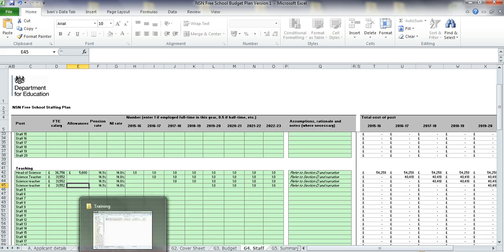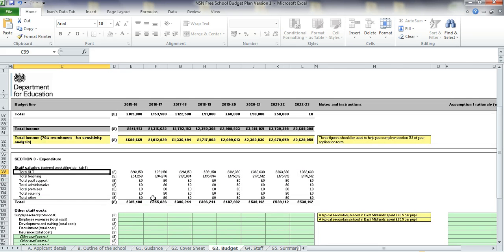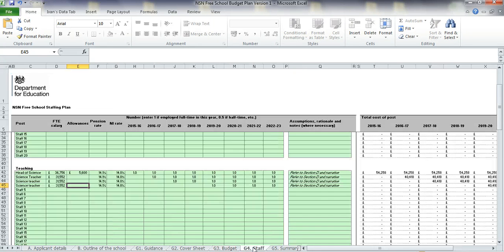Now, if we go back to tab G3, I can see figures that are now there for teaching staff. So let's go to G3. And you can see the total figures for our teaching staff as well as the senior leadership team. Now going back to tab G4,